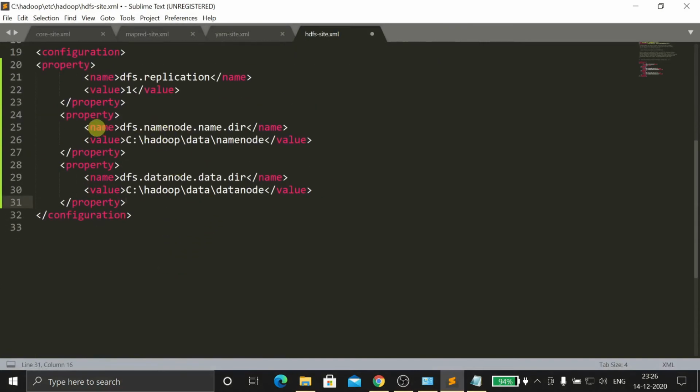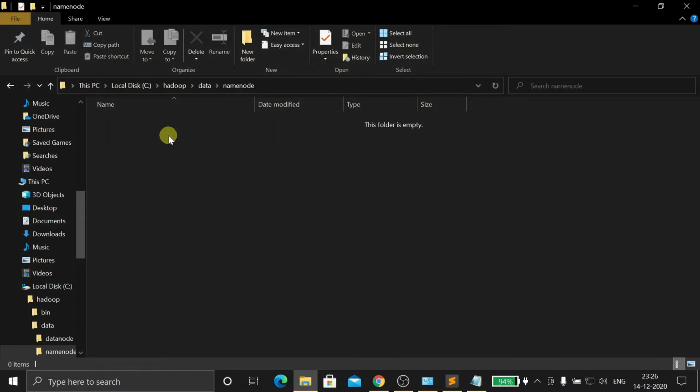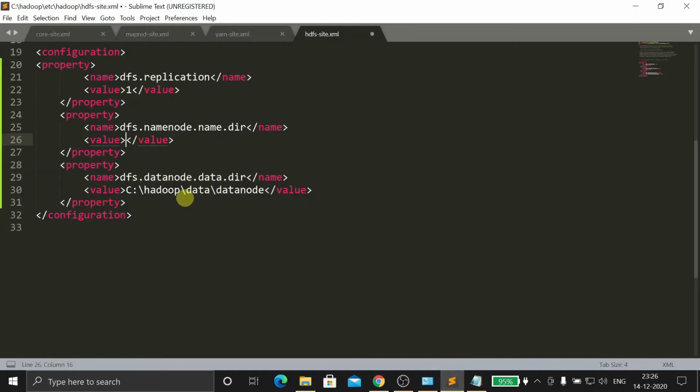Yeah, here we need to change this file. This is name node, so simply erase this. Yeah, open the folder, name node, Control X, open this one, name node, paste, open file, save.